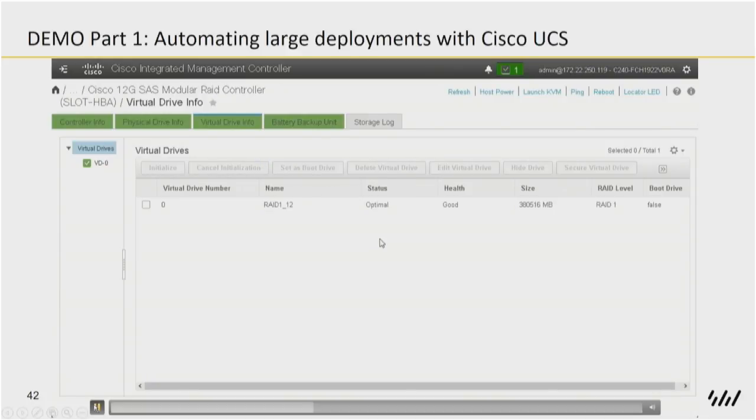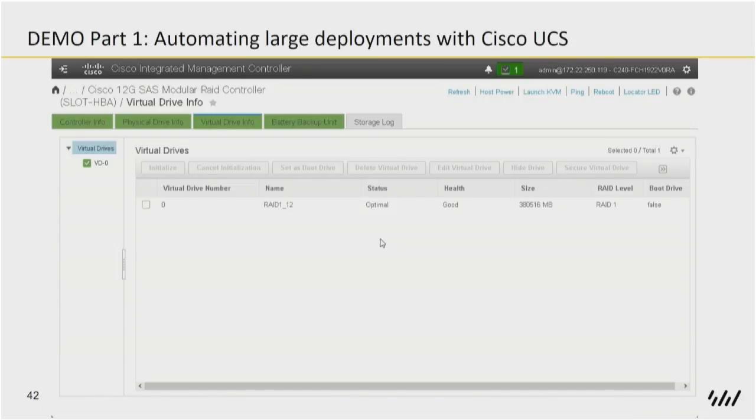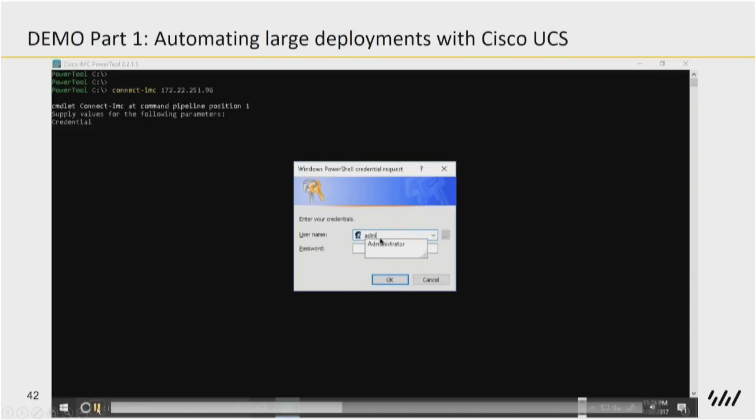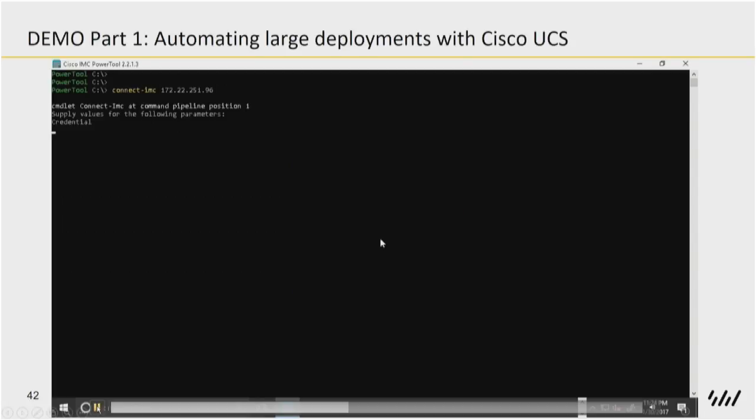Now, how would I automate that? For folks that have systems at scale, maybe they've got a whole set of servers they're setting up before they ship to these remote offices, or maybe they're doing the work remotely, potentially. I'm going to change over to my IMC Power Tool. So this is a PowerShell window with my IMC PowerShell library loaded. I'm going to log into my IMC using PowerShell